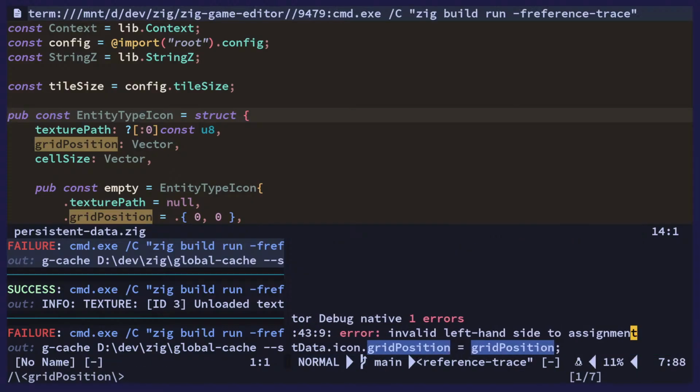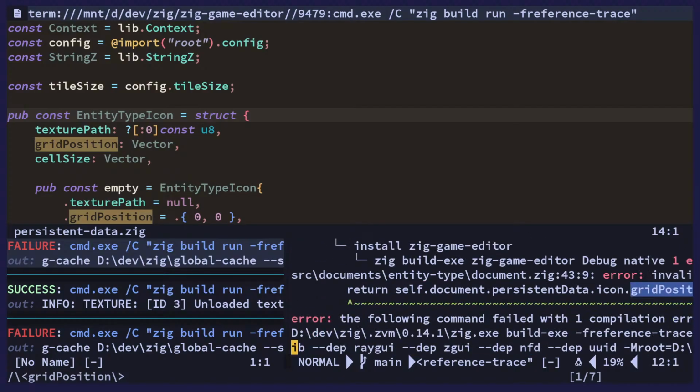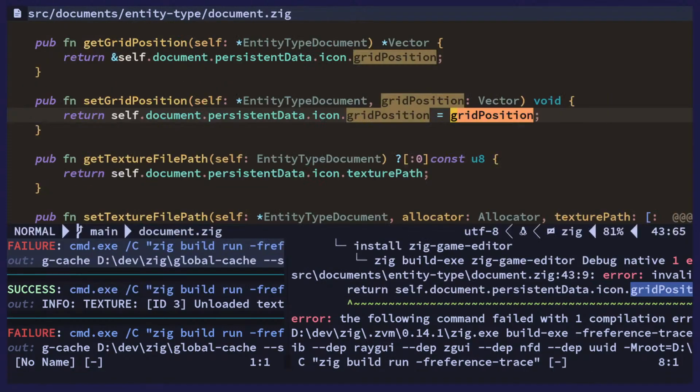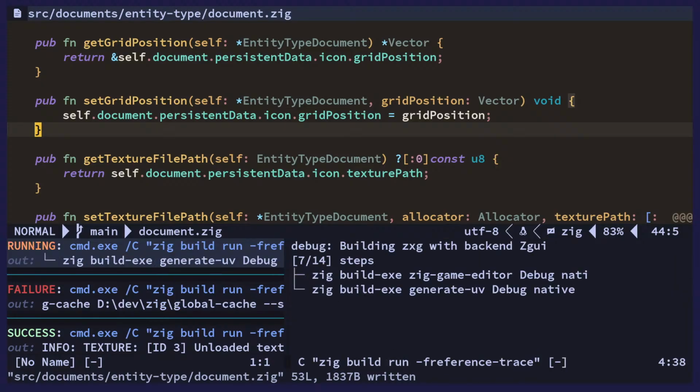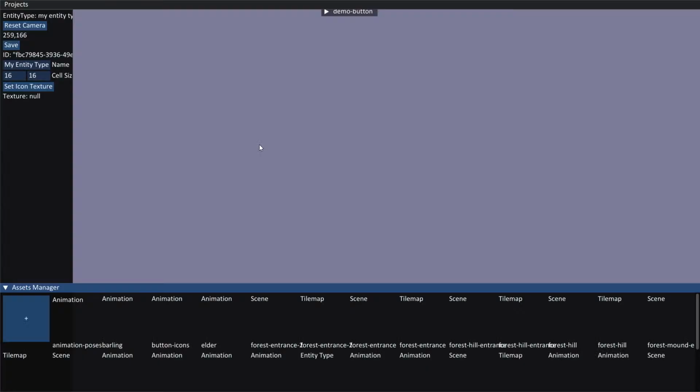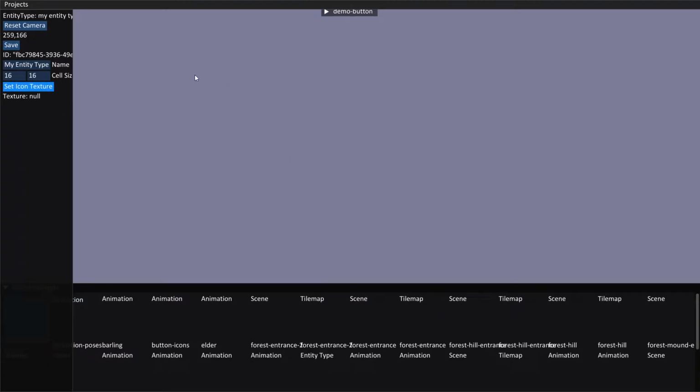Invalid left hand side to assignment. Oh, return. Right, we shouldn't return. Okay. Oh, I didn't save, I don't think. There we go. Now you can see we can select a